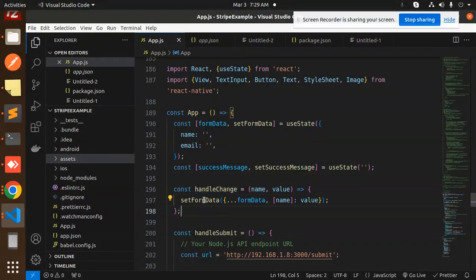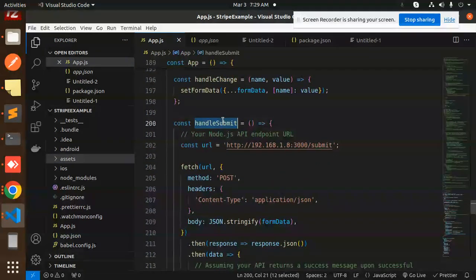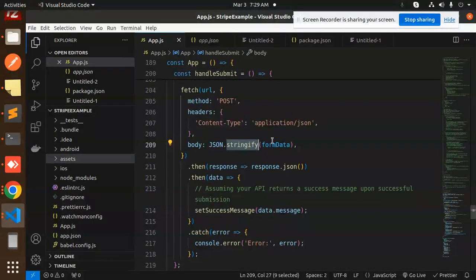And the handleChange, so here we are going to set the data in the form with the name and the values. So name and email will be set over here. After the handleChange, we go to your Node.js API endpoint to call the Node.js. So fetch with the method, headers and the body with JSON stringify. You have to send the form data over here, then the response, assuming that the API returns the success message upon